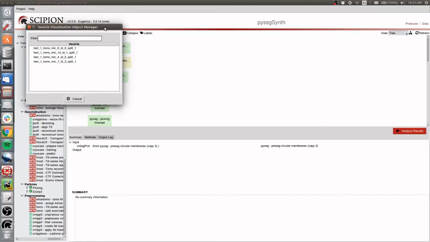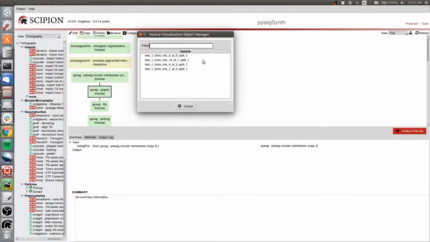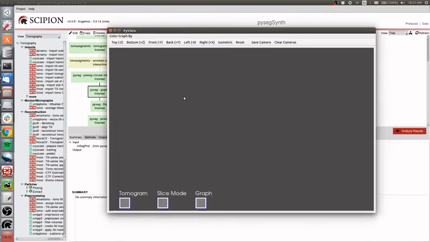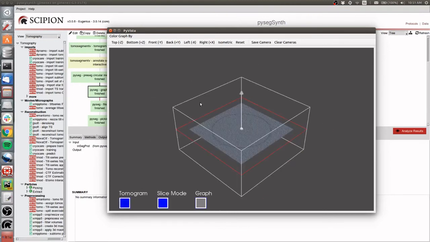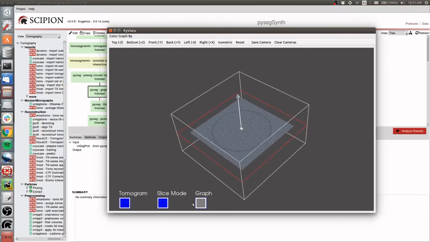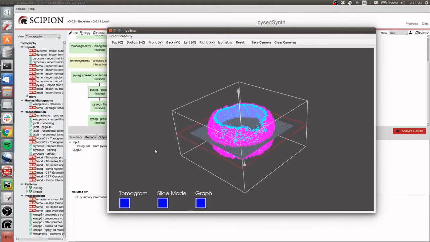Then again a window is displayed with the objects that we have been processing, and let me double click on one of these, for example, this one, and then the main window of the viewer is displayed. I can click on tomogram to have a view of my vesicle, and I can paint the graphs. Let me